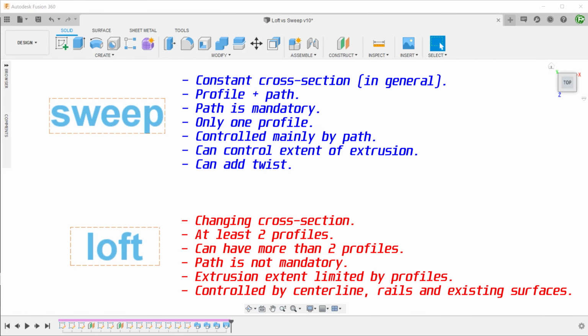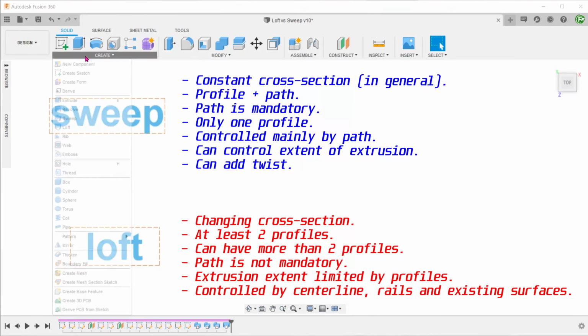I have summarized the major differences here again. Both the Sweep and Loft commands have unique features. As a quick rule, the Sweep is generally used for building wire-like features with a constant cross-section. It has the ability to incorporate the use of rails to produce features with varying cross-section, but I would not recommend using that. When a varying cross-section is needed, the Loft command is preferred. You can think of the Loft command as a means of transitioning or bridging between faces of different shapes.